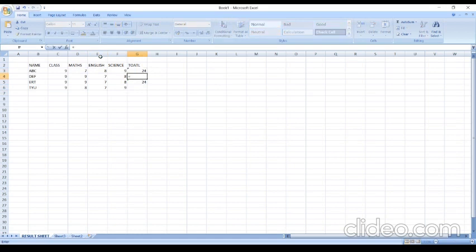You need to write equal to, and you are doing the total of D4, E4 and F4. This is my formula. And whenever you drag it, you will see it copies and pastes the data. I am changing the numbers so that there will be a difference, so that you understand that it is not a copy paste of the same data. The data is different.